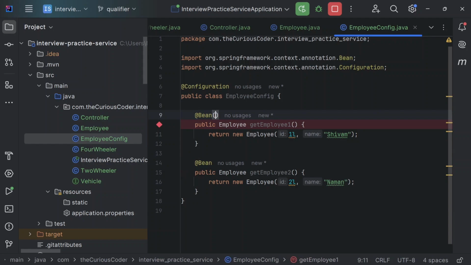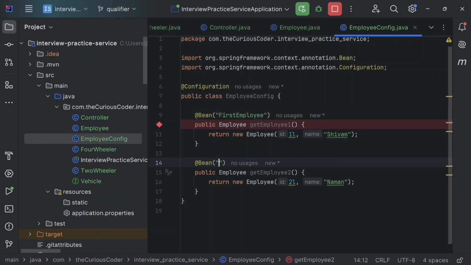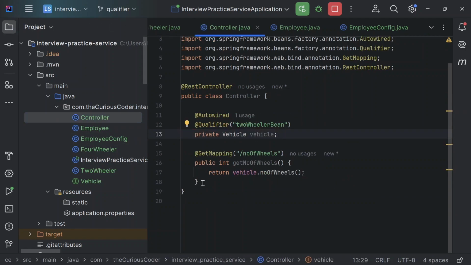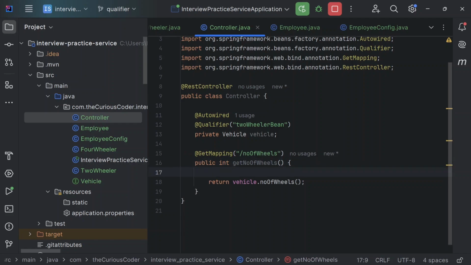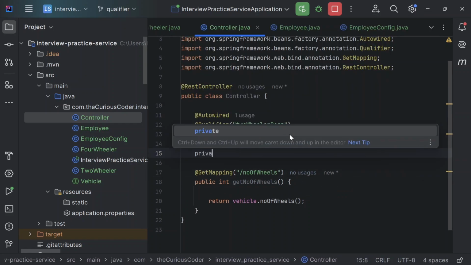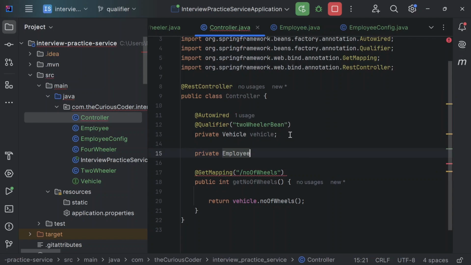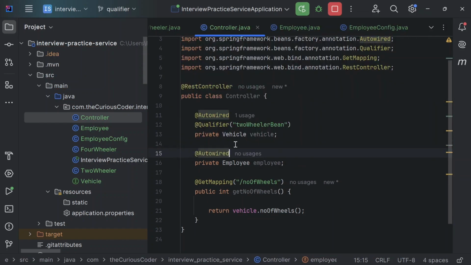So before using that, I'll just give some names to these beans. So let's say this is the first employee and the bean's name is second employee. Okay, you can name it anything you want. So we have created these two beans of the type Employee, and now in the controller, let me create another API, or maybe I'll just show it here only. We'll just use it, private Employee. Okay, and I autowire it. So now if I just rerun my project,